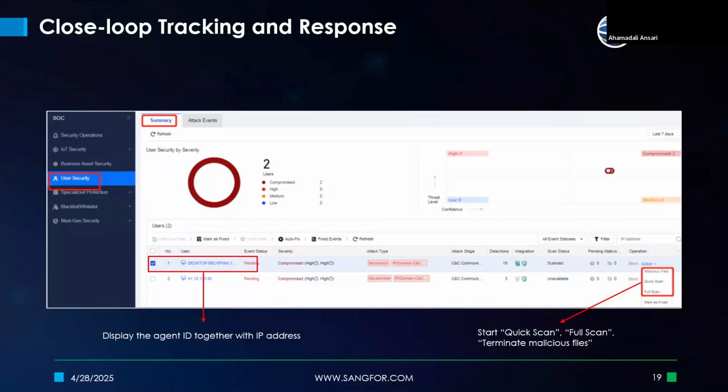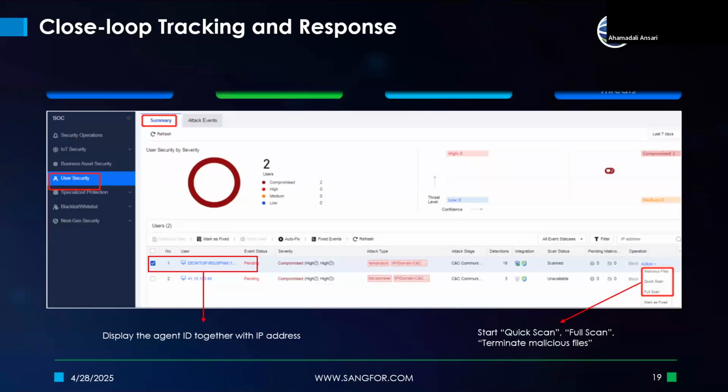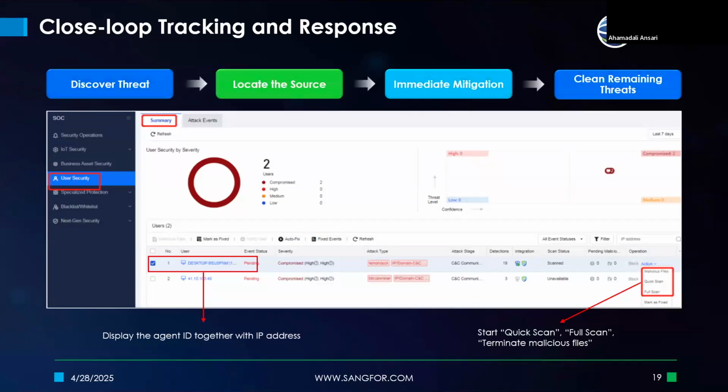While with Sangfor, you can easily integrate and manage both the traffic from the endpoint and from the firewall perspective, to understand the severity scores and to take the action of terminating the malicious process directly from the console itself. So you can locate the threat, discover the threat, immediately mitigate it, and then clean. This is something you can achieve very well from the solutions perspective.